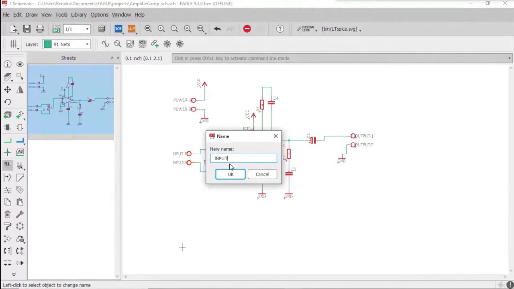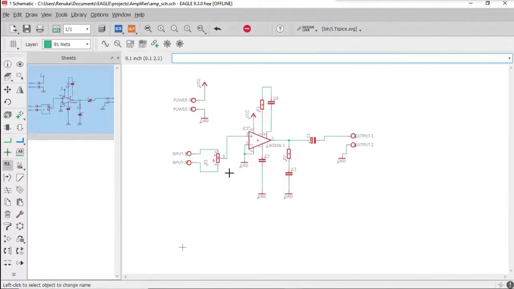Type the new name and click OK. Do the same thing for the other two screws also. The top screw which is placed here, this one is the power pin. This is the input pin which is connected to the potentiometer. And the one which is connected at the output is the output pin.